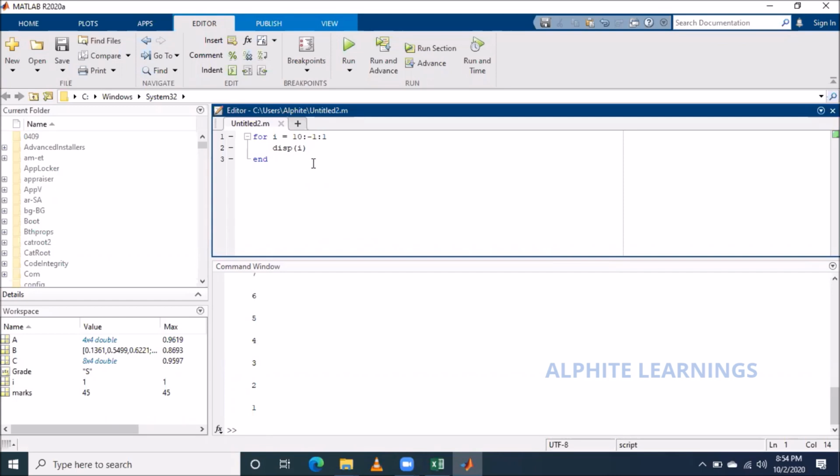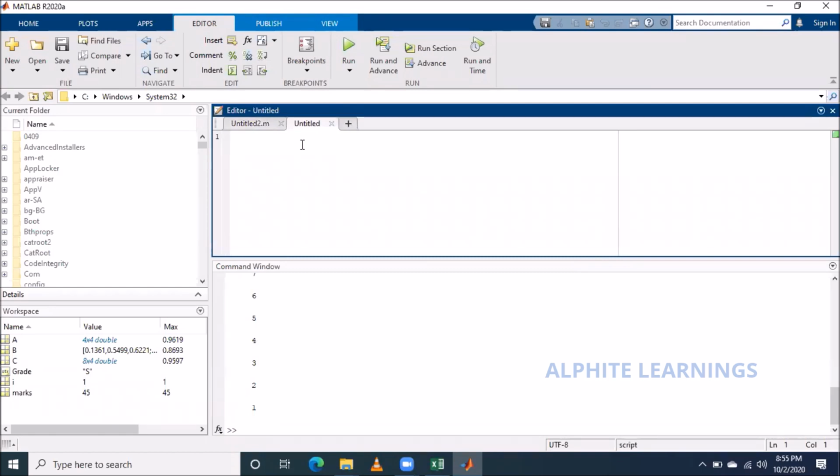Okay, I'll do some basic examples of the for loop, and then I'll give a basic introduction to what is meant by a nested loop, and I'll close the session. After that, I'll send you some files for practice in your WhatsApp group. Okay, so I'll just start with the basic example of a for loop. I'll just write a for loop.